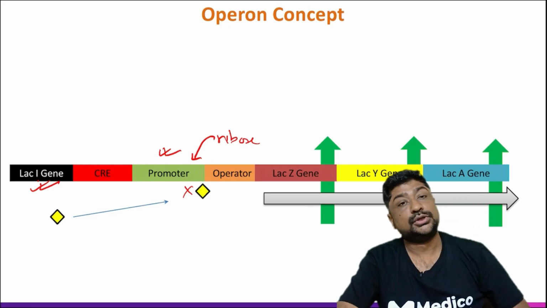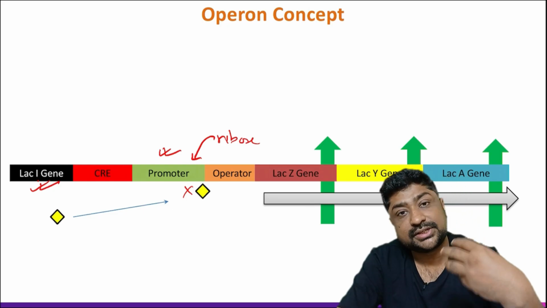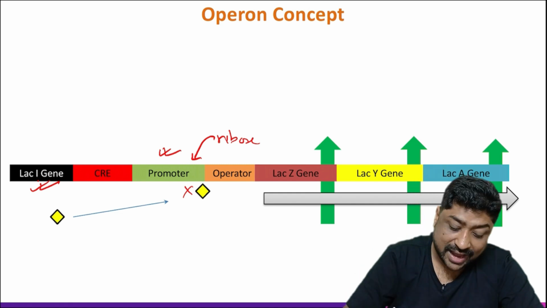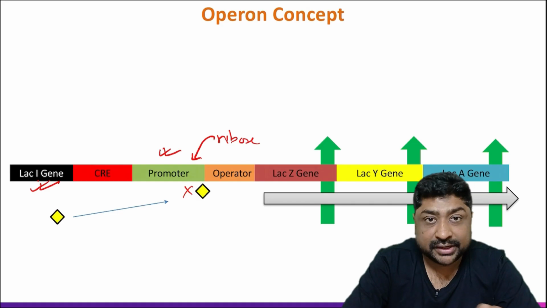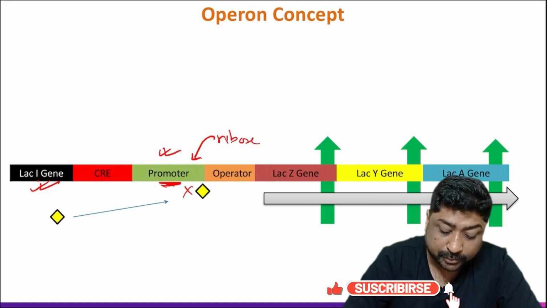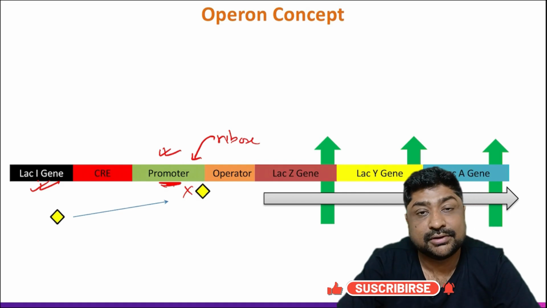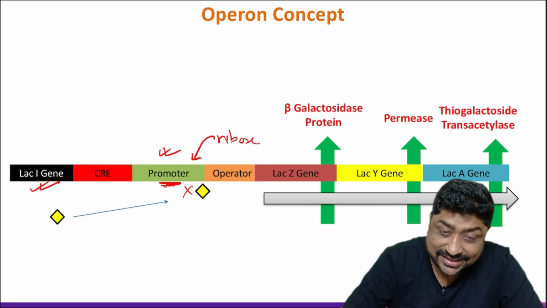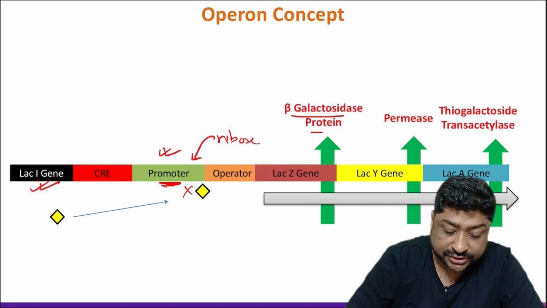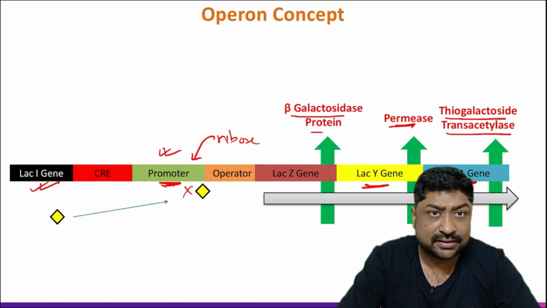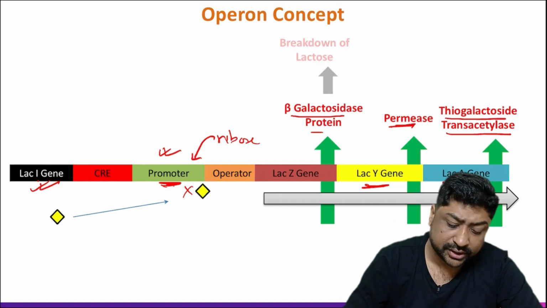Is it clear? So what is happening when lactose is there in bacteria? When the medium has lactose, that lactose will act as an inhibitor to the inhibitor. It will destabilize the inhibitor, hence opening the promoter sequence, and hence all the genes will be transcribed. So what are these genes? LAC-Z gene will produce β-Galactosidase, LAC-Y will produce Permease, and LAC-A will produce Thiogalactoside Transacetylase. And again, names have been asked in older examinations.